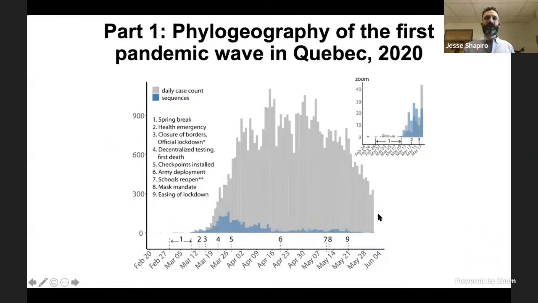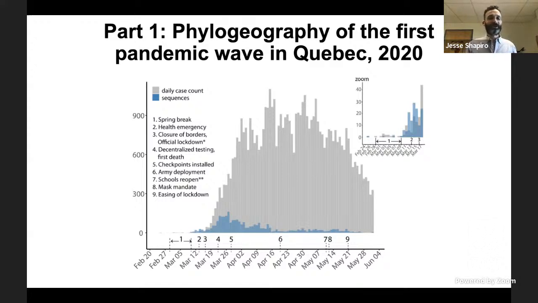Okay, so now with that background about phylogenetics, about genome sequencing, this is all the background to bring us to my first story, which is about the phylogeography of the first pandemic wave in Quebec. So this is going back, rewind your head to early 2020, the early days of the pandemic. So this is a plot of essentially events that happened in Quebec, the province where I live, in early 2020. So in Canada, we mostly ignored the possibility of a pandemic and thought it would never come here and it would stay in China and it wouldn't spread